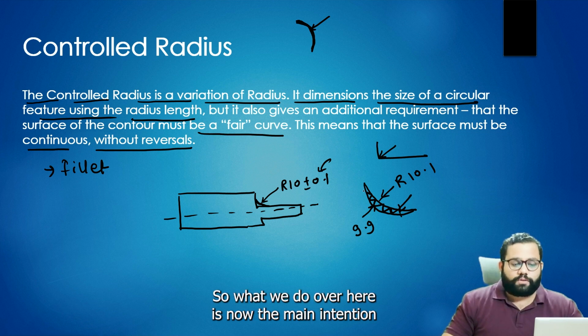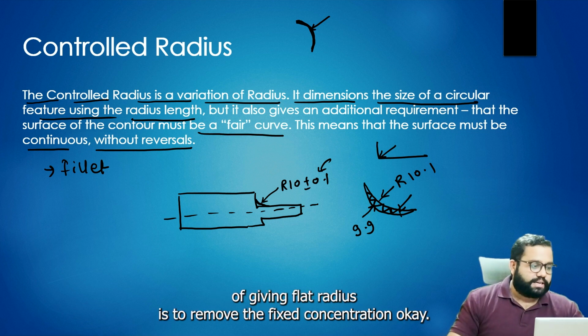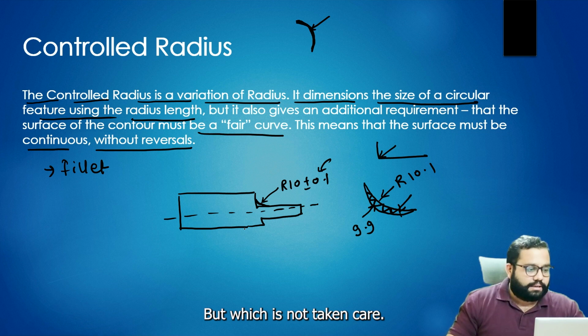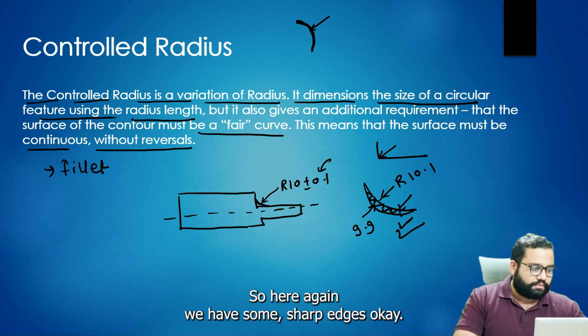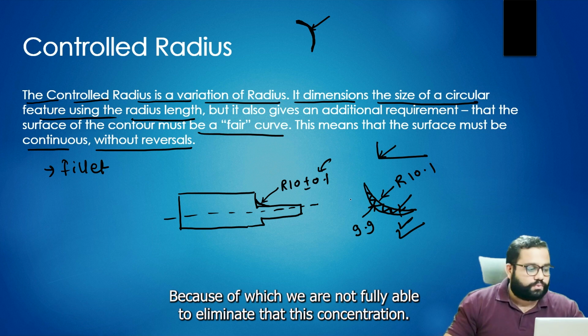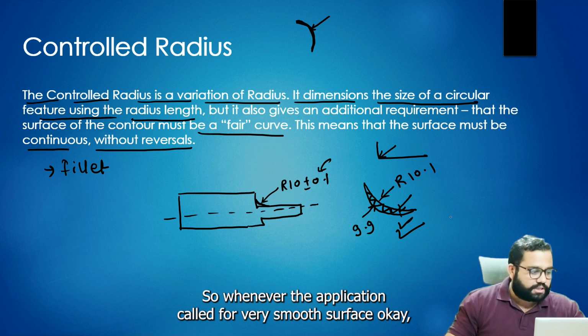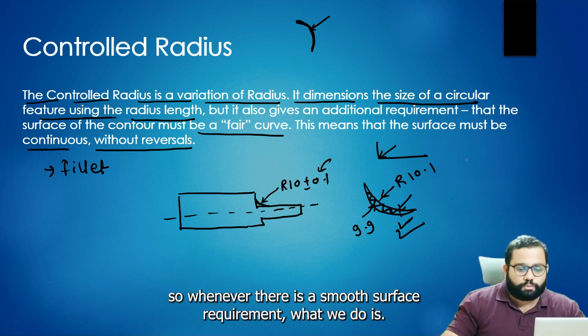The main intention of giving a fillet radius is to remove the stress concentration, but that is not taken care of in this case. You can easily understand that here again we have some sharp edges, because of which we are not fully able to eliminate the stress concentration. So whenever the application calls for a very smooth surface, what we do is